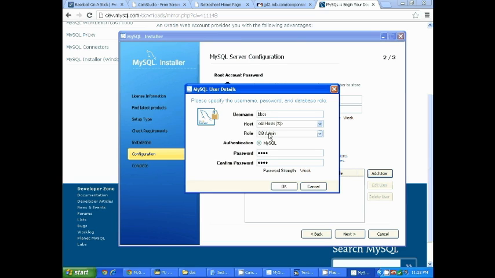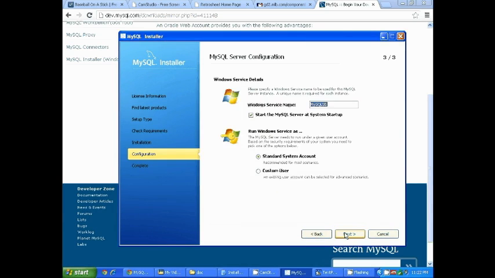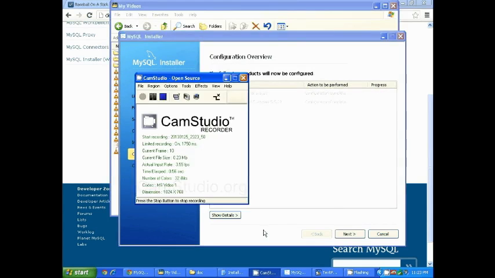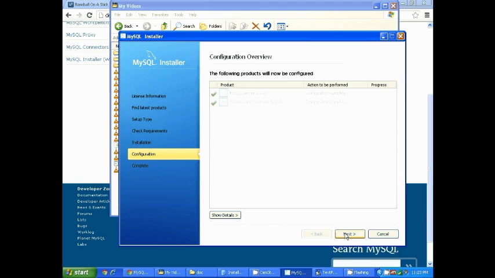The role of DBA admin is very important to leave alone, because the BBOS user will create schemas, which is a collection of database tables in the database, and it needs that permission to be able to create them. You probably want to allow MySQL to run as a service. The configuration is complete,